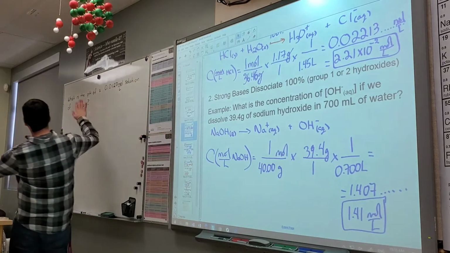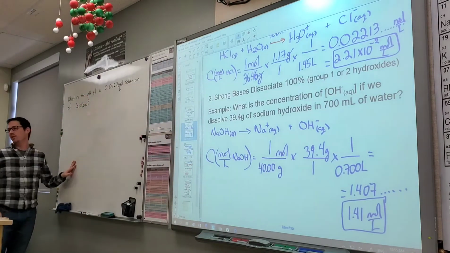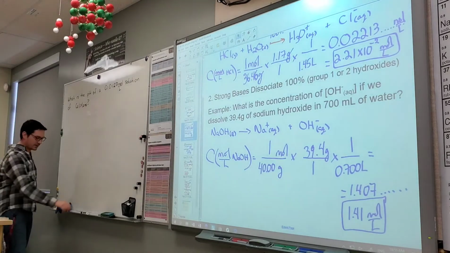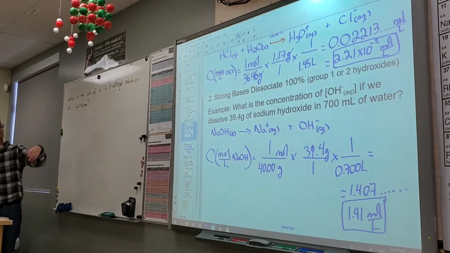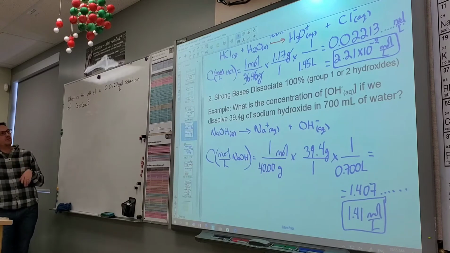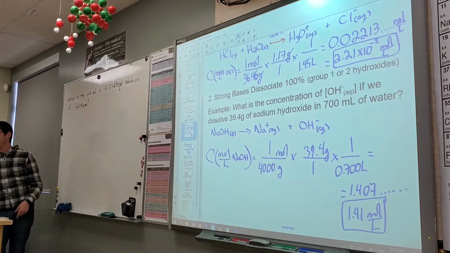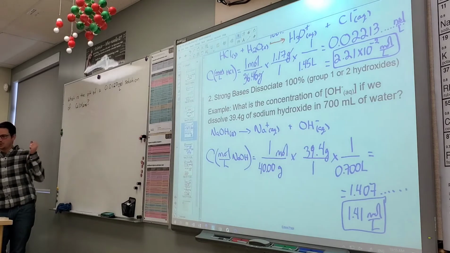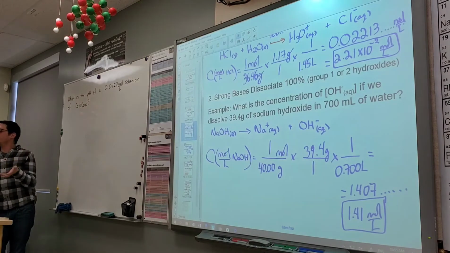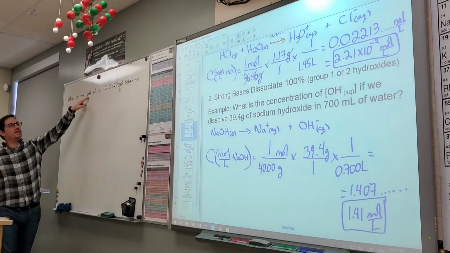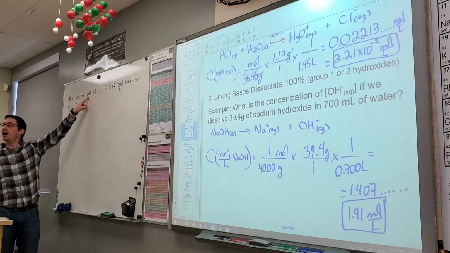So what I have, I just want to do an example on the board, because this is going to be way quicker than reviewing information or anything like that, okay? What is the pH of a 0.0127 mole per liter solution of calcium hydroxide? Now let's look at this. Let's try and look at some important pieces of information in here. What is the pH? Do you know how to get pH?